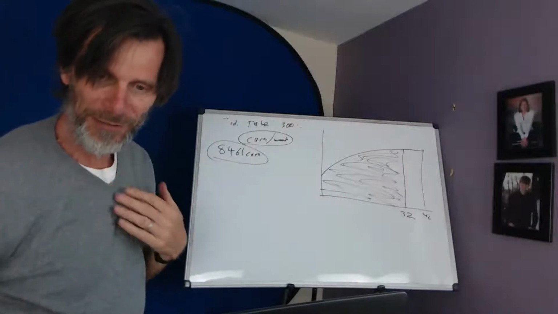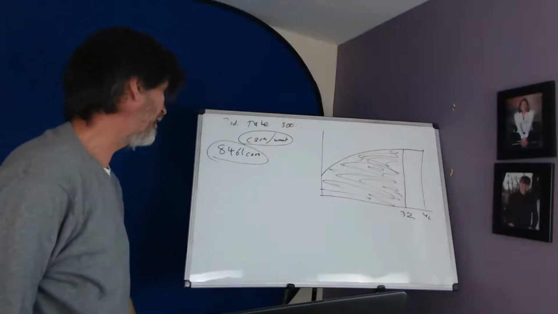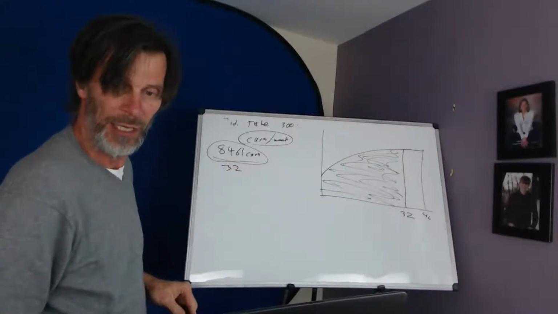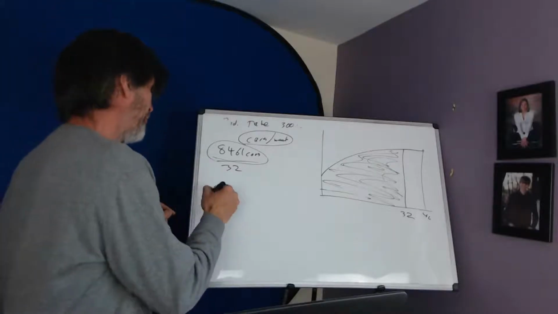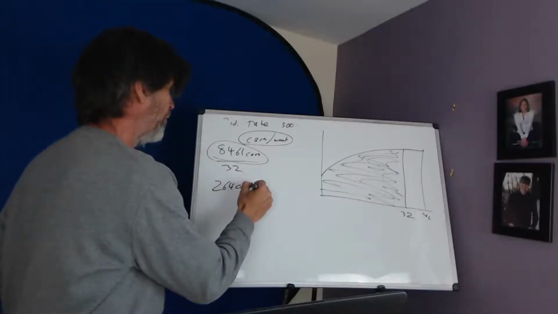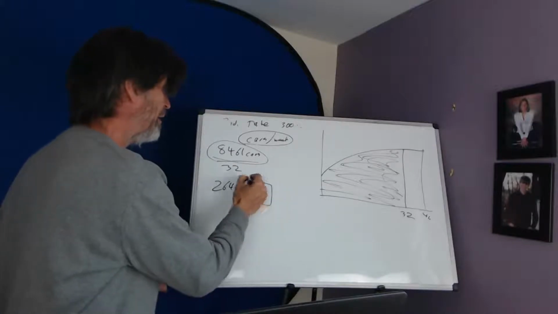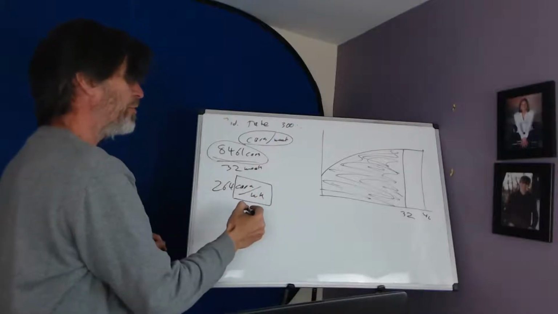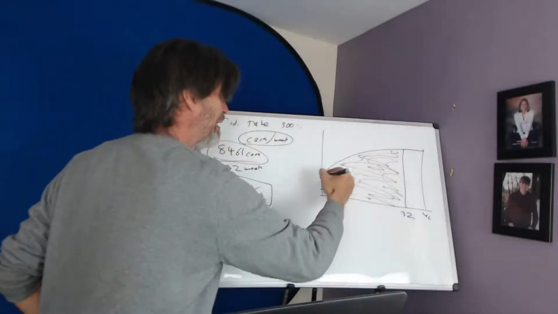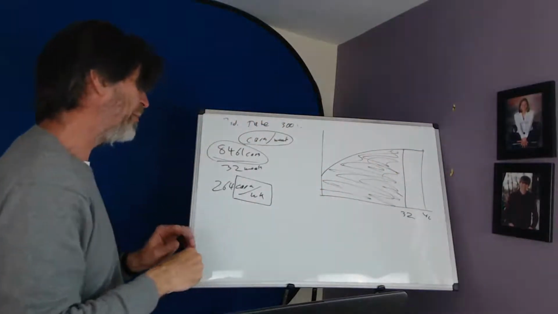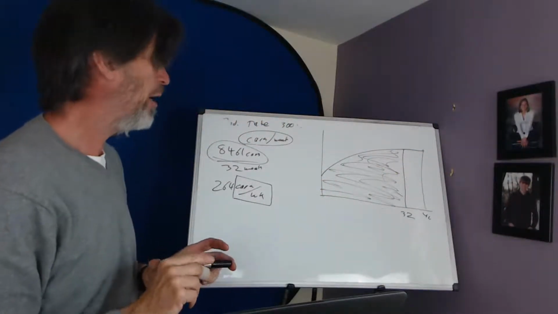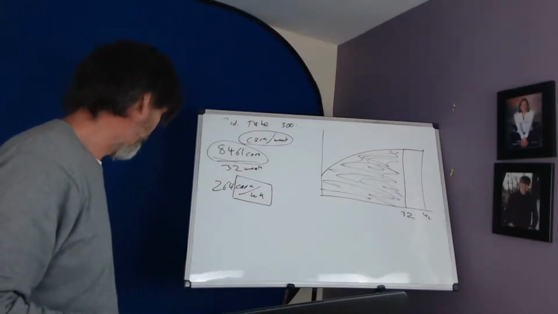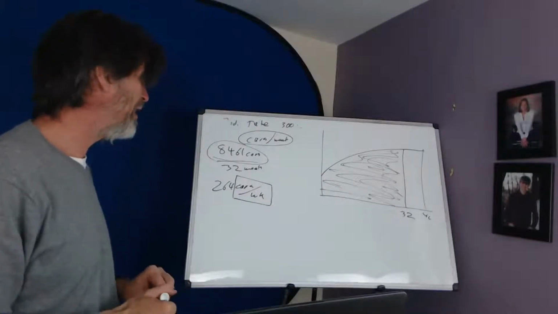First time I've been warm all day. Get 264.41 exactly. Divide this by the number of weeks, divide that by 32, and you get about 264 cars per week. 264 cars per week. Notice the units here. It's this many cars, this many weeks. The units are cars per week. That was the equation that was graphed there in the beginning. So my average value for my function has the same units as my vertical axis. It always does.